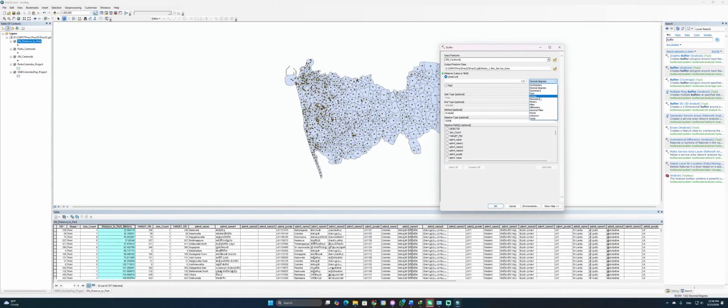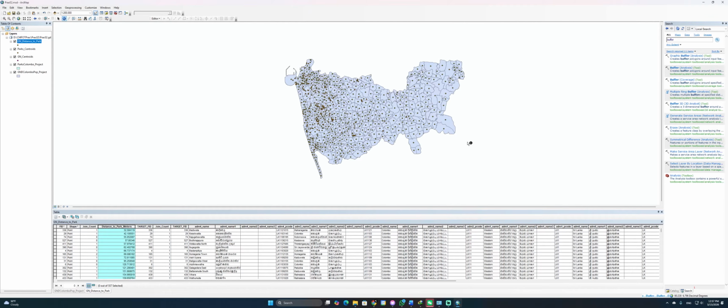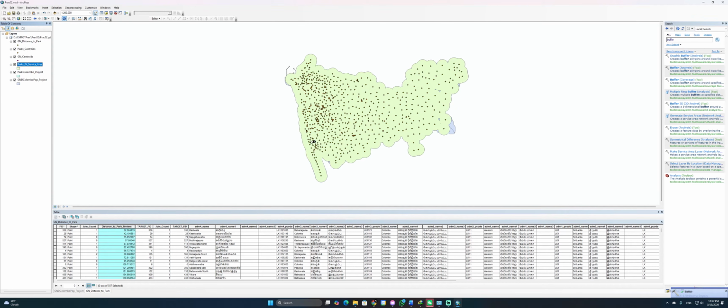It should be in kilometers. Instead of this one I will say parks in service area 1.5 kilometers. Then the method should be planar, and click OK. So we should have buffer zones around the parks with 1.5